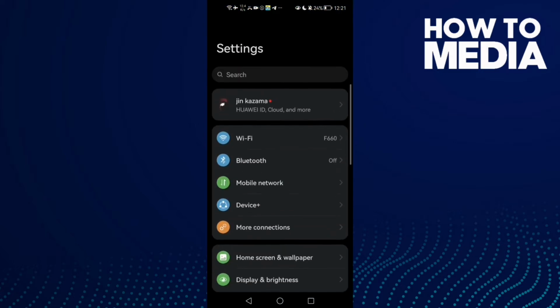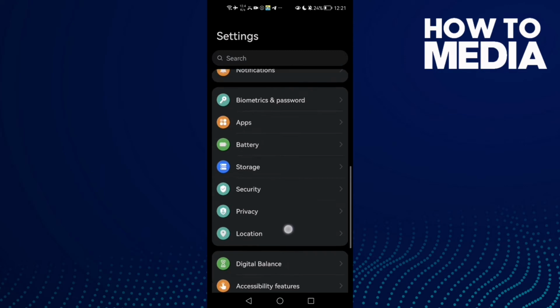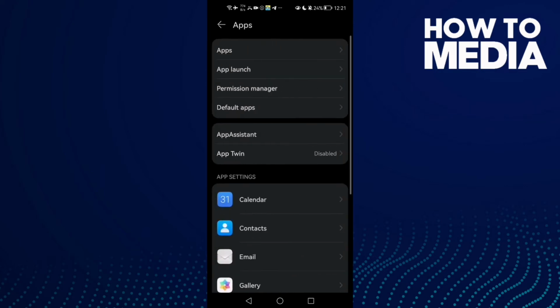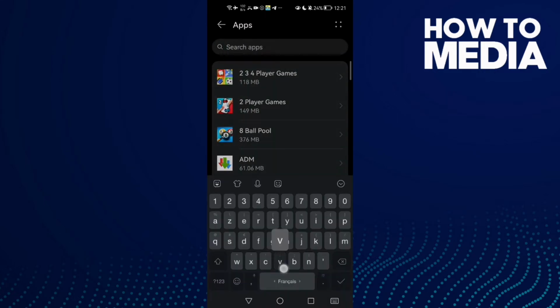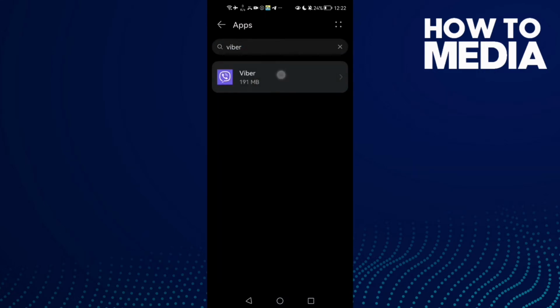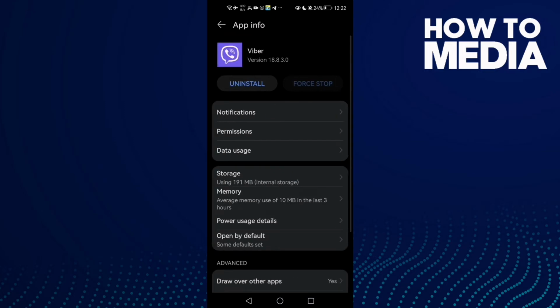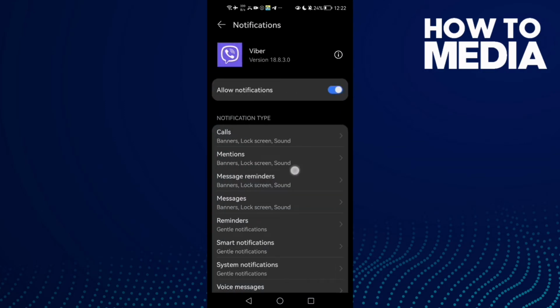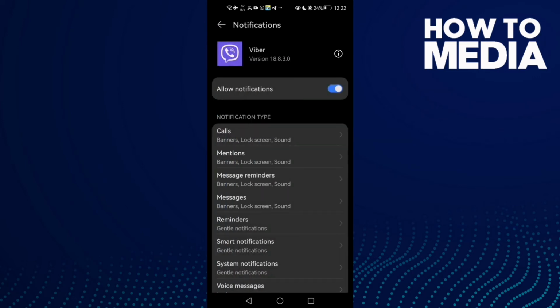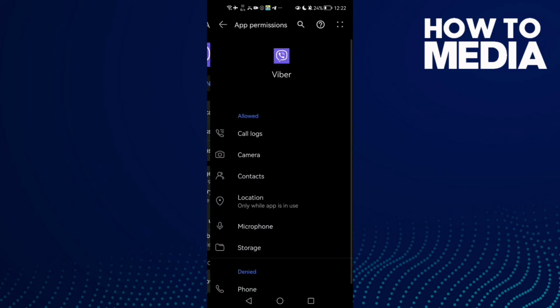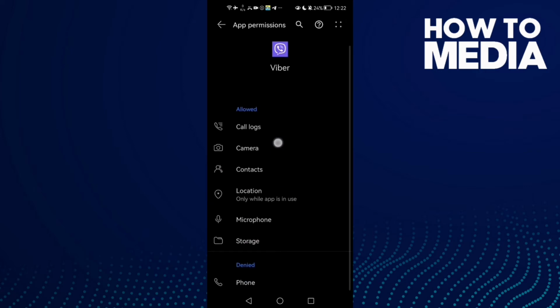and then scroll all the way down until you find apps, and now click apps again, and here type Viber, click on it, and first go to notifications and allow all of those notifications here, calls, mentions, all of those, and then go to permissions, allow all of those permissions here,